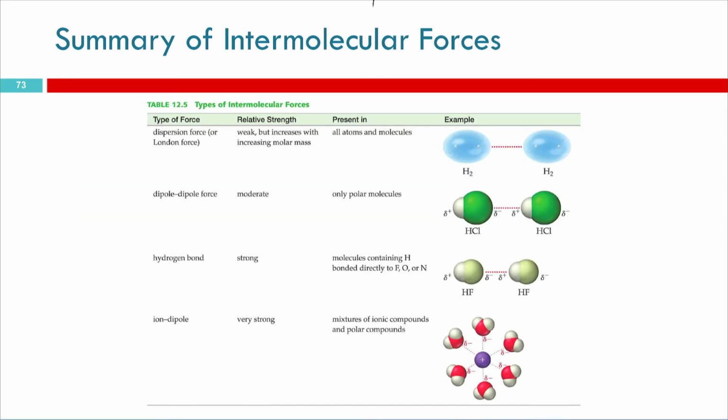So, quick summary of our intermolecular forces. We have dispersion force, or London forces, and that's where we have the electron clouds shifting around back and forth, creating instantaneous dipoles and inducing instantaneous dipoles in the molecules around them. And this occurs in all atoms and molecules. And then increasing in strength, we have dipole-dipole forces, which only occur in polar molecules. And those are of moderate relative strength. We have the hydrogen bond, which is strong, and that only occurs in